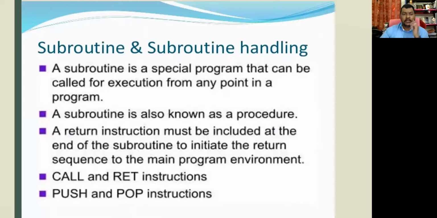right? So the next topic which is very much useful here is the subroutine, right? And subroutine handling. What is a subroutine?